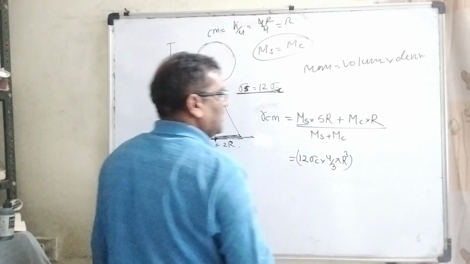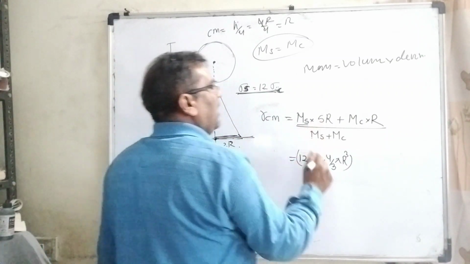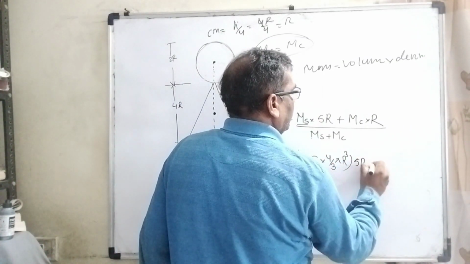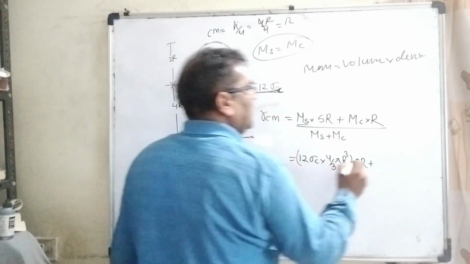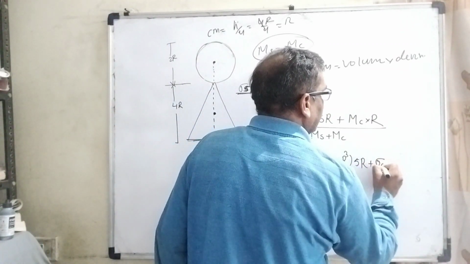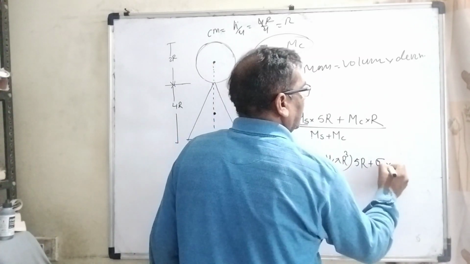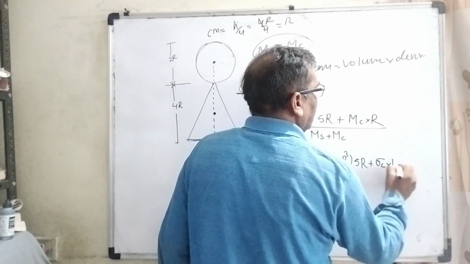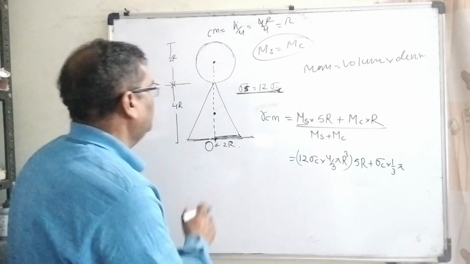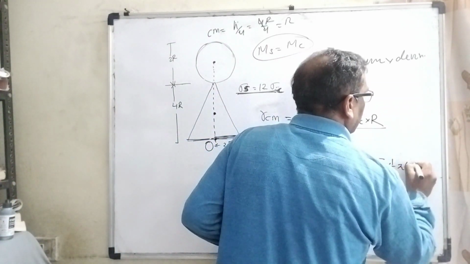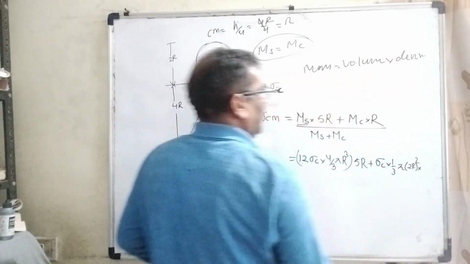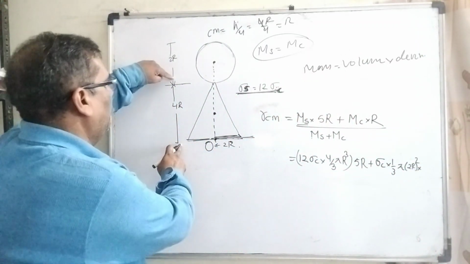This is the whole mass of the sphere, multiplied by 5r, plus what is the mass of the cone? Density we have already considered, sigma c, and 1 by 3 pi. What is the radius? It is given here as 2r, so 2r square, and the height is 4r,